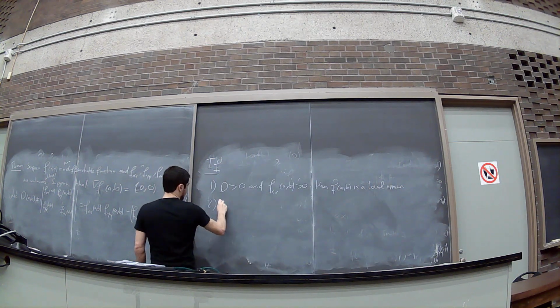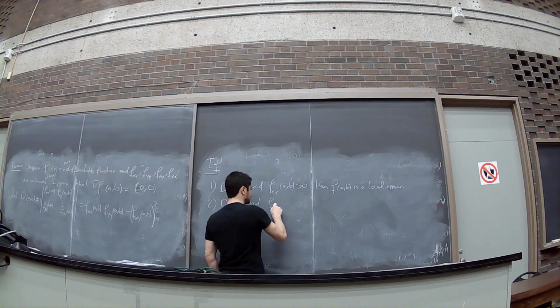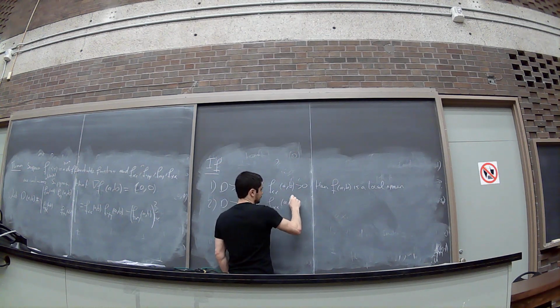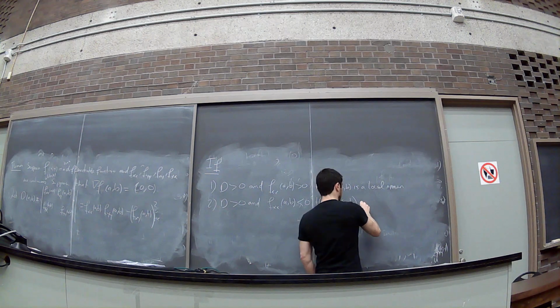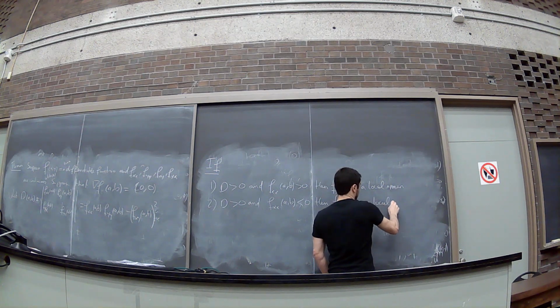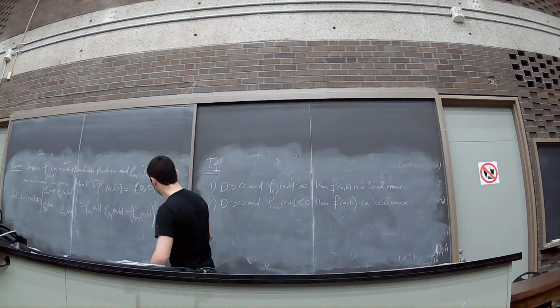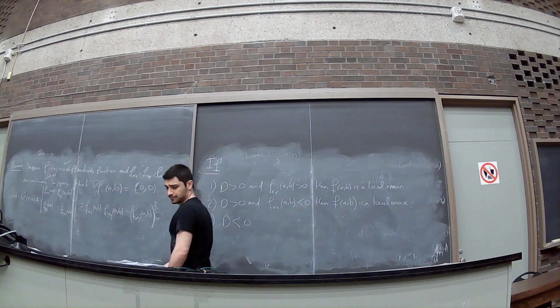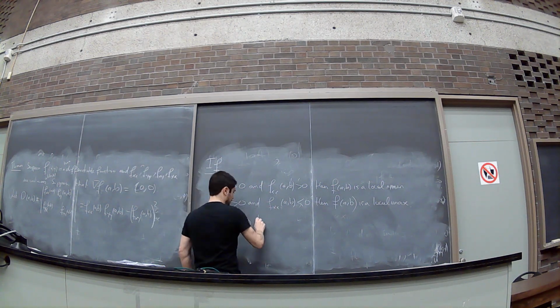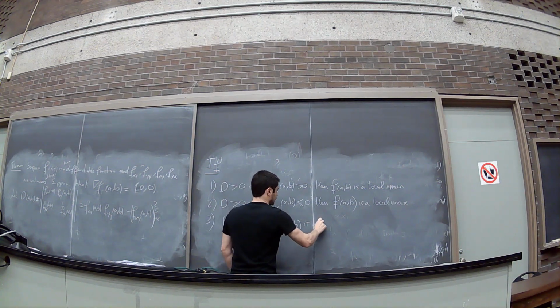Two, if D is positive and fxx(a,b) is negative, f(a,b) is a local max. Three, if D is negative, then f(a,b) is neither